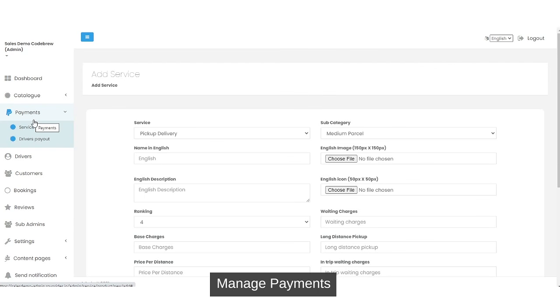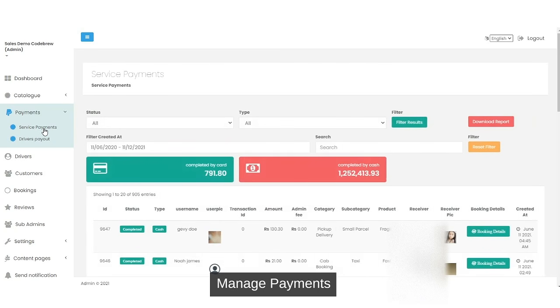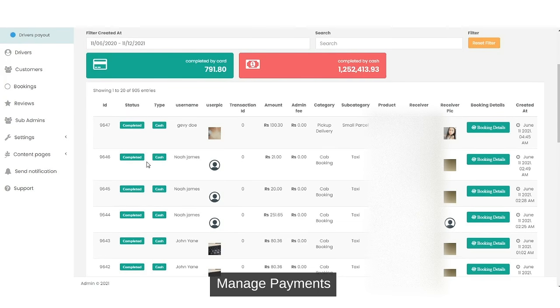Moving forward to the payment section, here you can see the service payments and driver payouts. So in the service payment section, you can see the complete data of the payments that have been completed by card and the payments that have been completed through cash on delivery orders. Here you can see the complete payment details such as the order status, the payment type, the username, transaction ID,